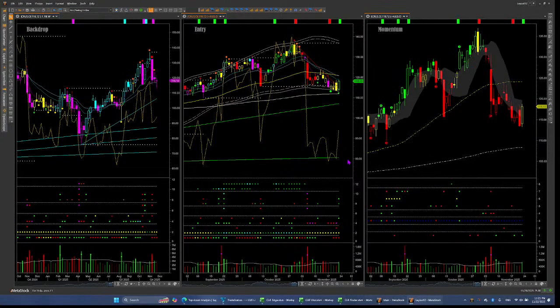Daily is looking interesting enough for me to consider buying, but the weekly on the left is still bearish. So let me skip that. Next,